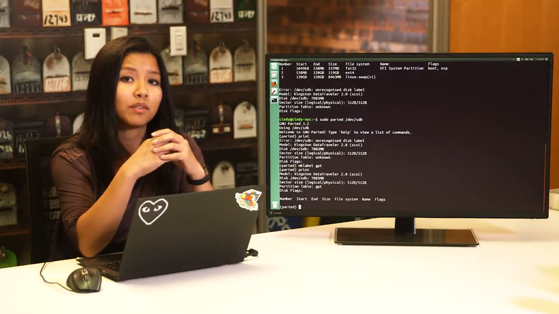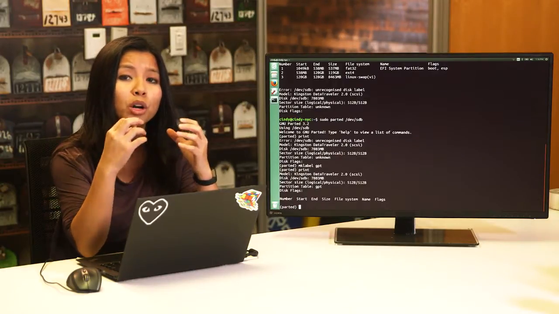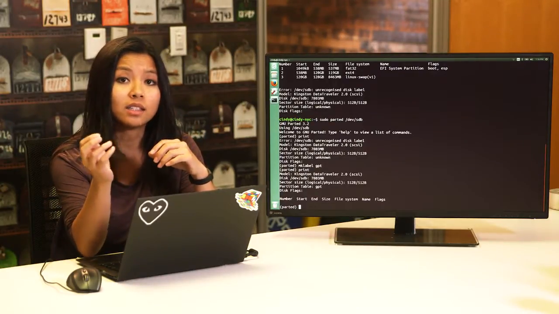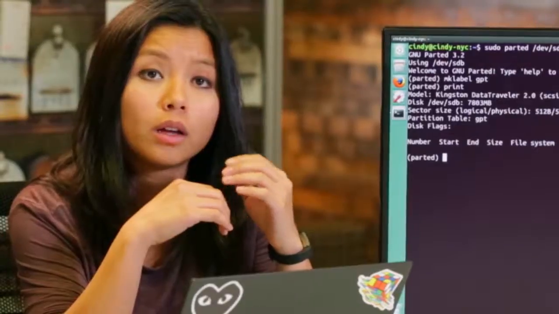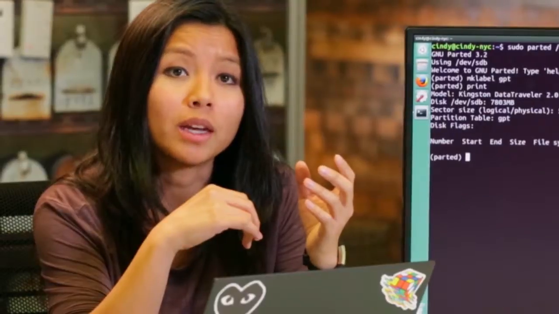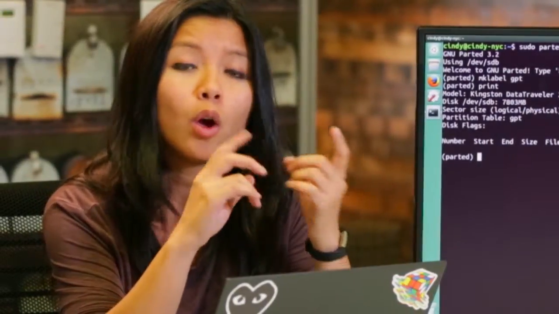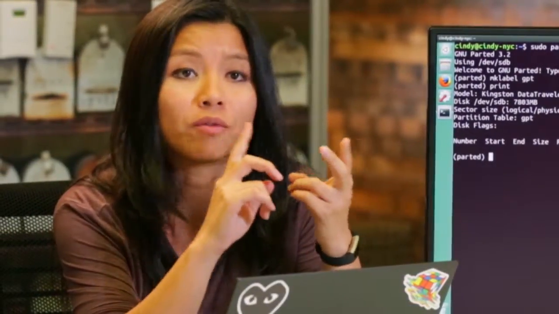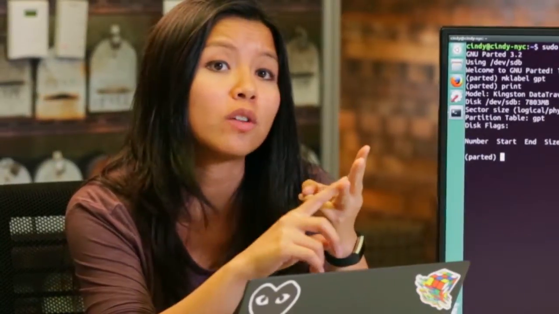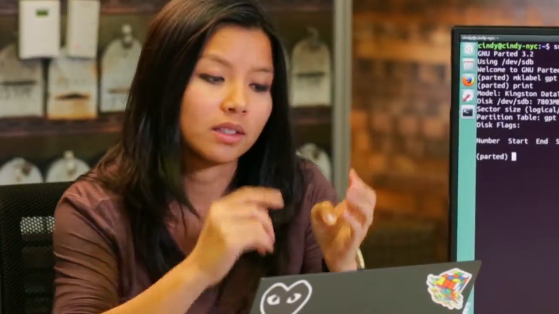Alright, let's start making modifications to the disk. We want to partition the /dev/sdb disk into 2 partitions. Inside the parted tool, we're going to use the mkpart command. The mkpart command needs to have the following information: what type of partition we want to make, what file system we want to format, and the start of the disk and the end of the disk, like this.